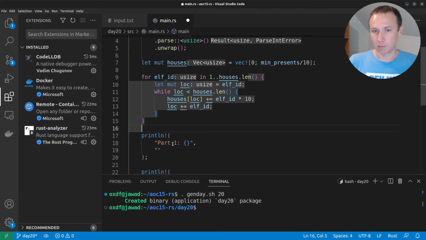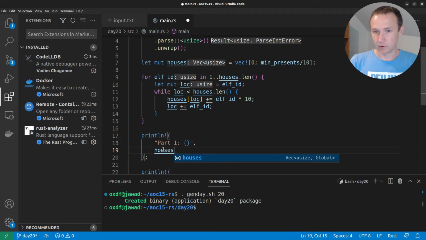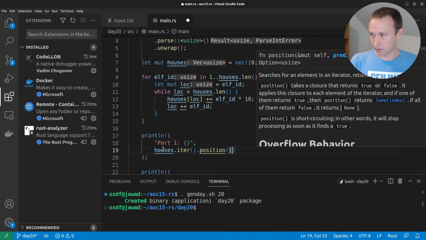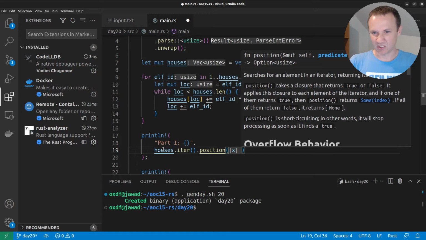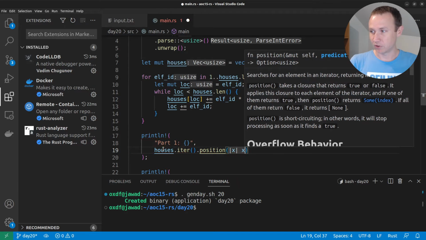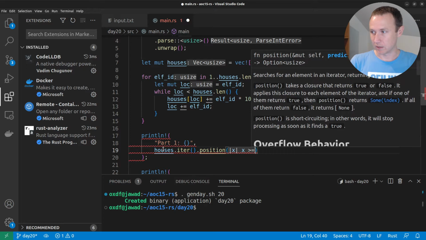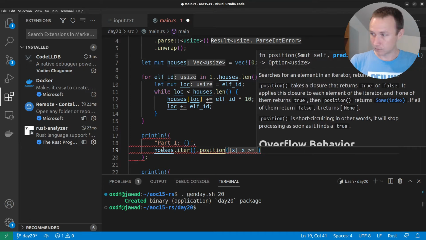So what do we do next? We just need to come down here and we can say houses dot iter. Let's turn it into an iterator. And we'll use this dot position function. And what this is basically going to do is step through the iterator, giving us, let's say, x. And it's going to stop and tell us a position when we find some condition we give, which in this case is x is greater than